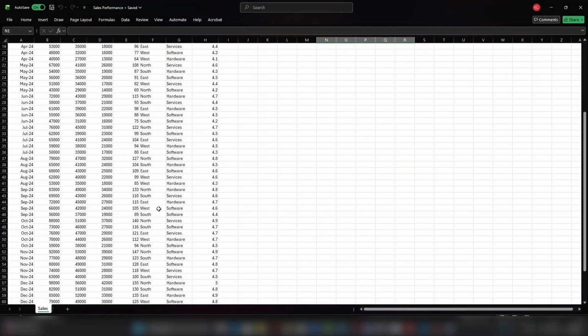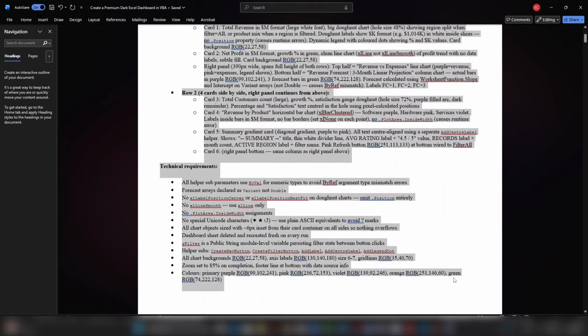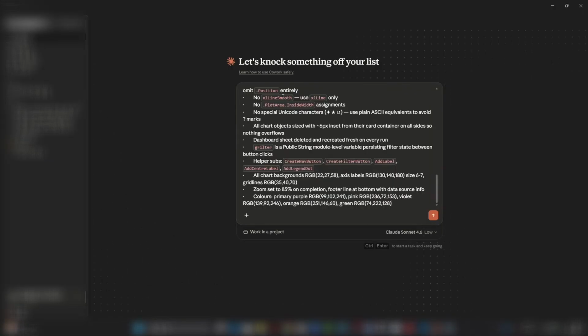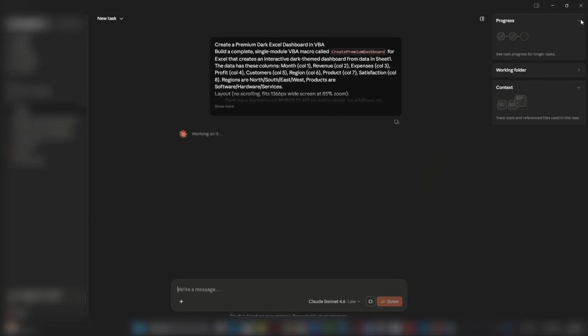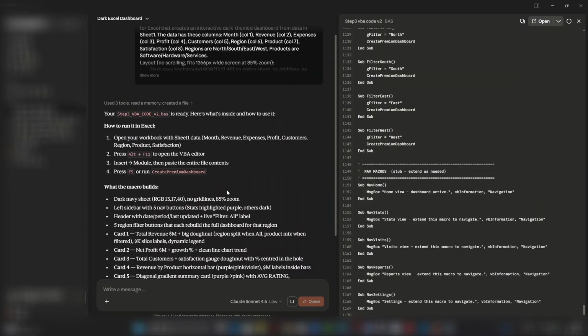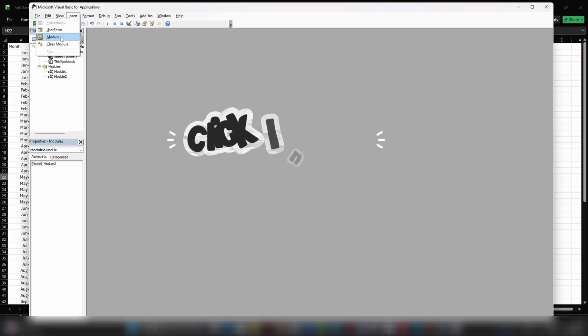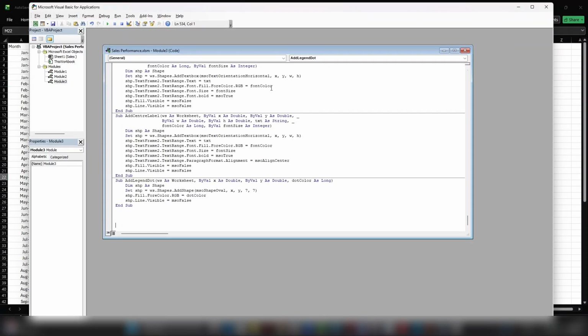We start with this simple, boring raw data. I copy this highly specific AI prompt, which has my data information, paste it directly into Claude, and in seconds it writes the exact VBA code I need. I just hit copy. Back in Excel, press Alt plus F11, click Insert, drop in a new module and paste